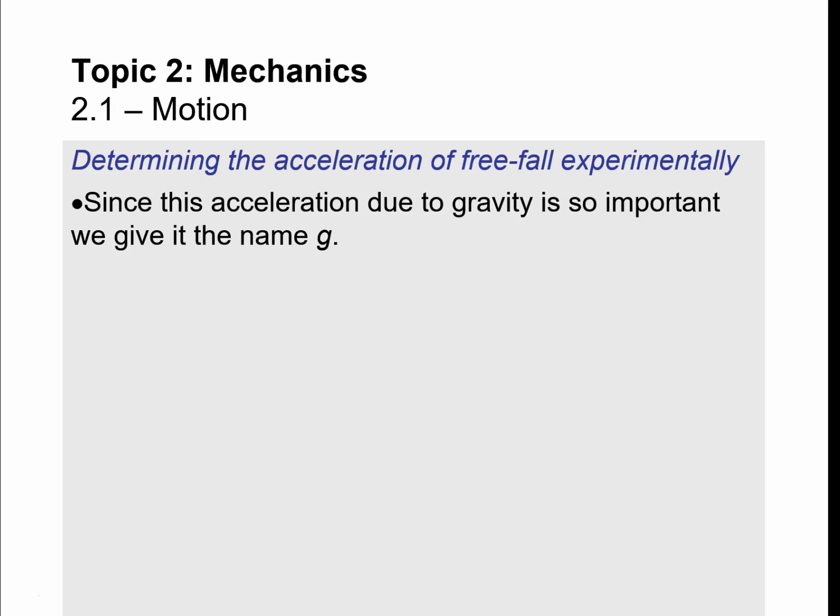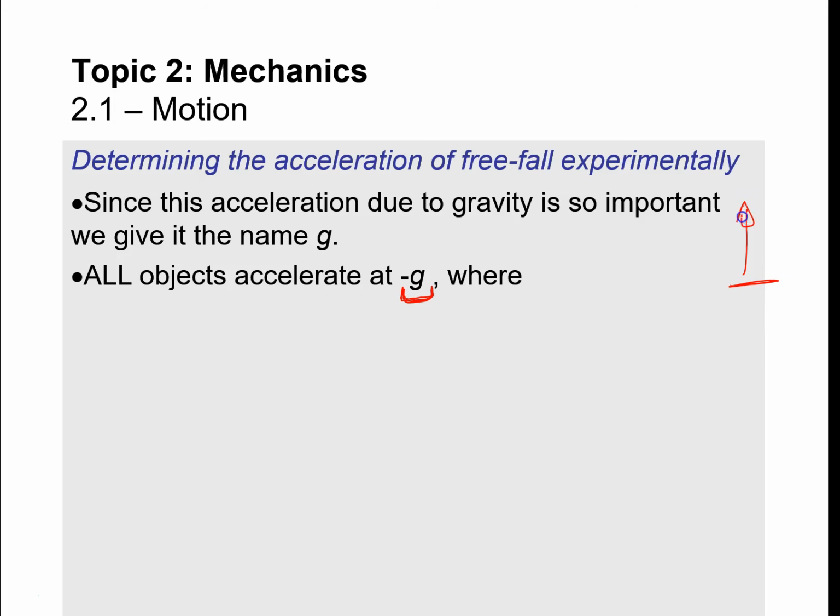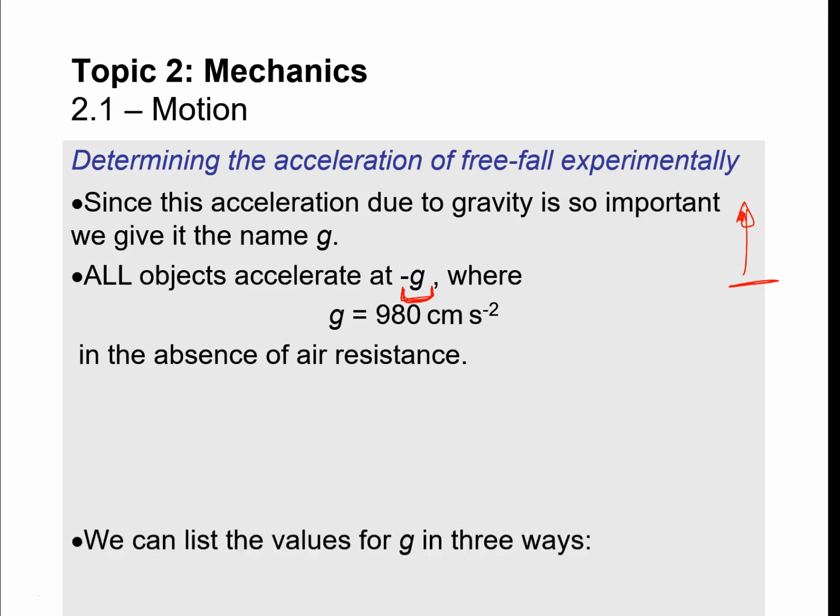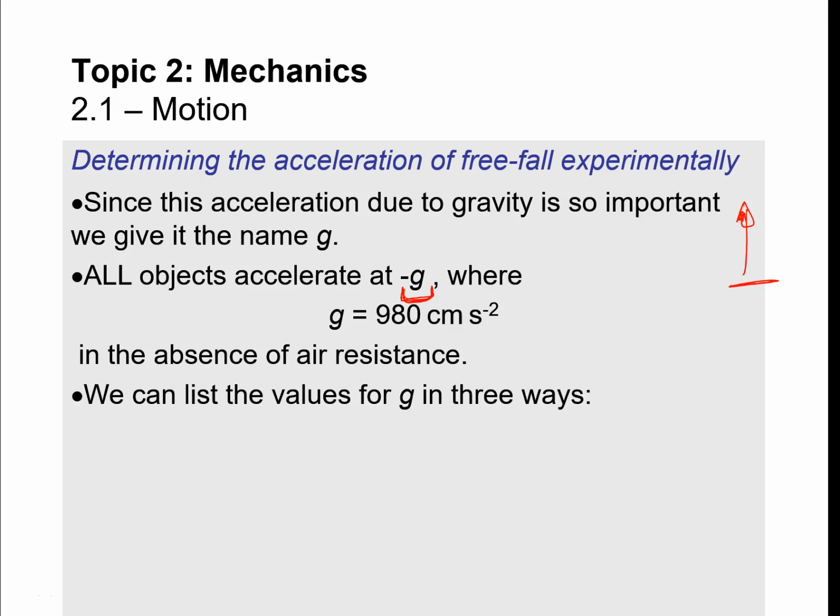So let me just now move ahead here. That acceleration due to gravity is going to be called g. And when he says that all objects accelerate at negative g, what he's assuming again is that he will always represent positive up, which is not necessary. It's just the most common way to do this. And then this acceleration due to gravity in absolute value becomes 980 centimeters per second squared, if there is no air resistance or